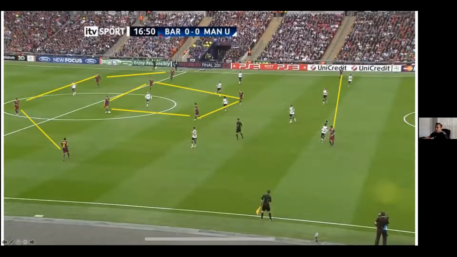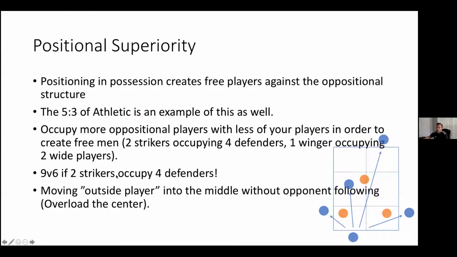So they used fewer players pinning more of the opponent back line and Messi dropping in to create an overload to create an advantage in numbers, and they would spread out in different positions so that they can create multiple options and they would find the way forward. And if they use their goalkeeper, it would be 9 versus 6. So that's what I'm talking about here.